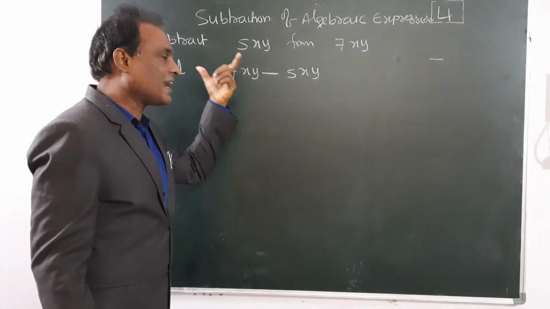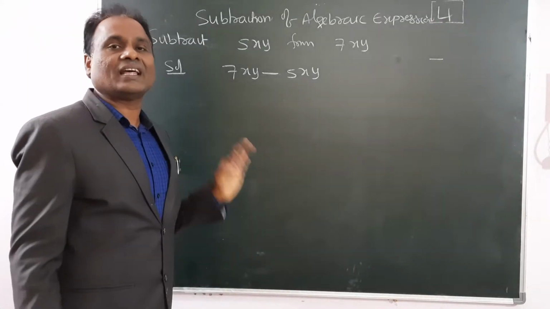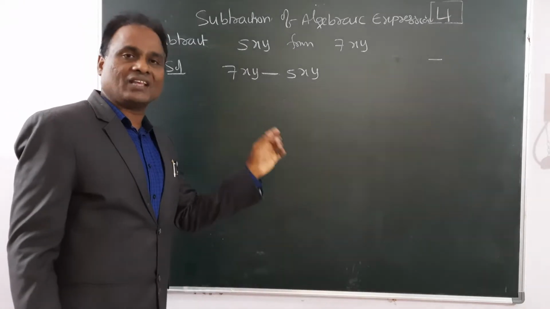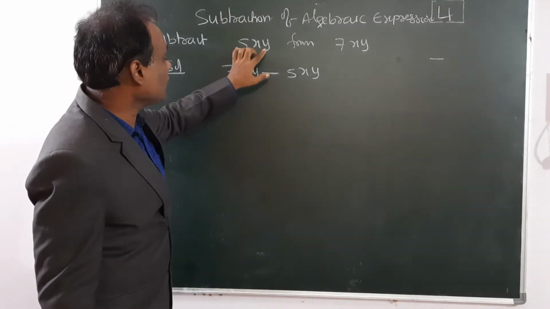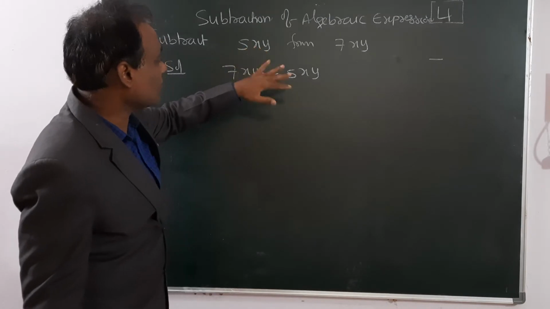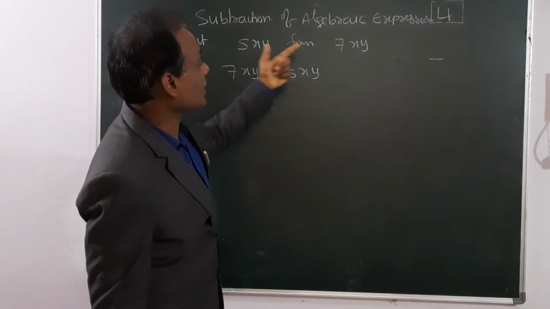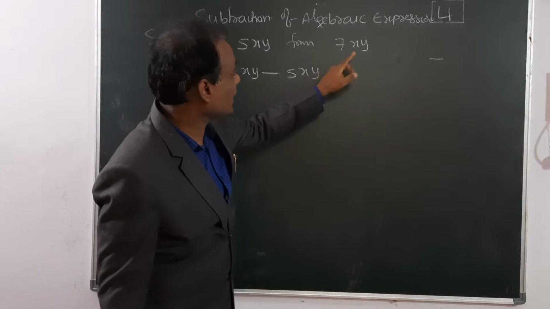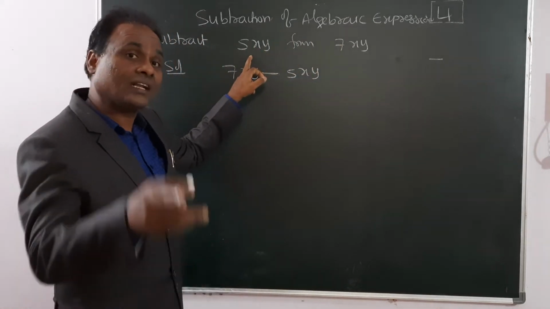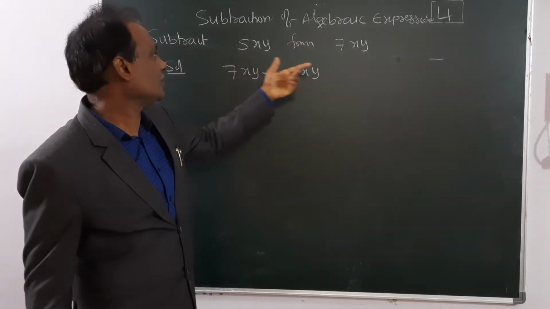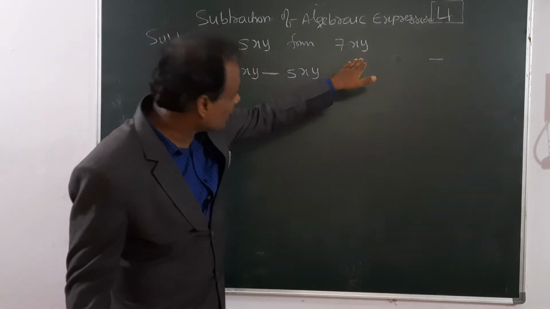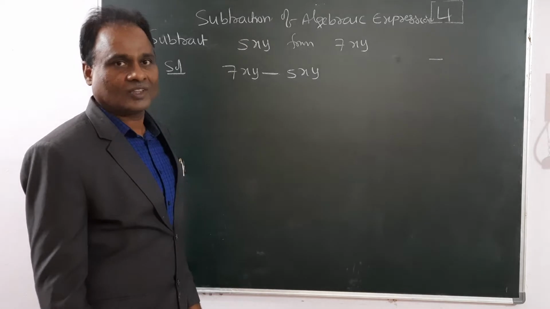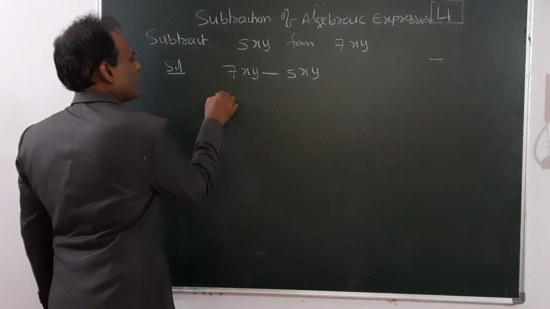Yesterday we added some algebraic expressions. In that I kept the plus symbol because addition means plus. Subtraction means minus. Which do we write first? There is a first term and a second term: first minus second, or second minus first. You can understand that by reading the question. Subtract this from this: from this you have to subtract this. How to subtract? Very simple.